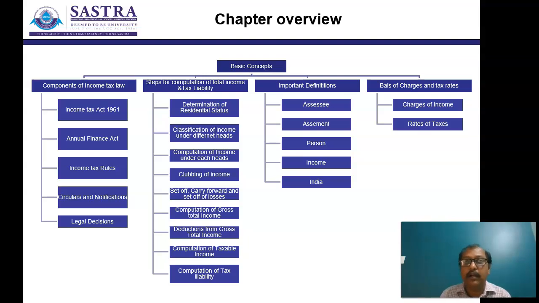So 5 different heads are going to be considered. Incomes earned under different heads are going to be classified, and then certain rules, regulations, provisions given as per the Income Tax Act are going to be given, and you are going to talk about computation of total income. So basically, classification of income under different heads is going to be the second step that we are going to talk about. Third one is the computation of income under each one of the heads.